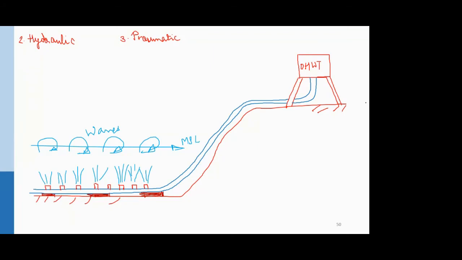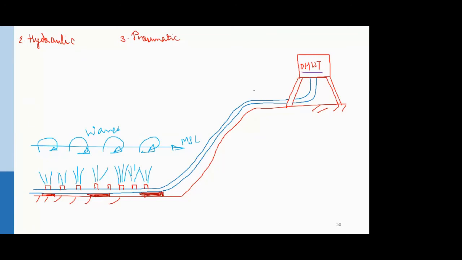Okay, so this is the arrangement for a hydraulic special type of breakwater, that you have an overhead tank. This OHWT is nothing but an overhead water tank somewhere on the land side. Okay, so maybe there is a small hillock on the land just beside the beach, or the interface of land and water, and then it's a huge overhead water tank that you can have,